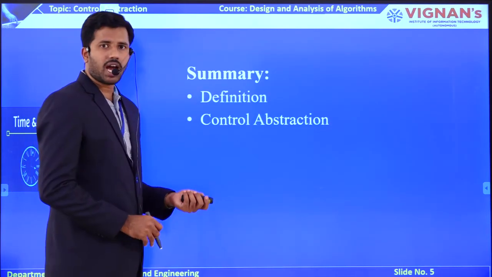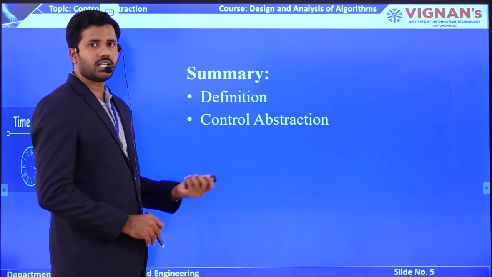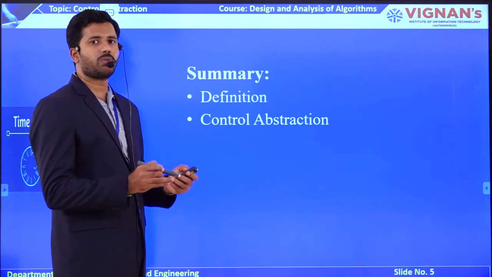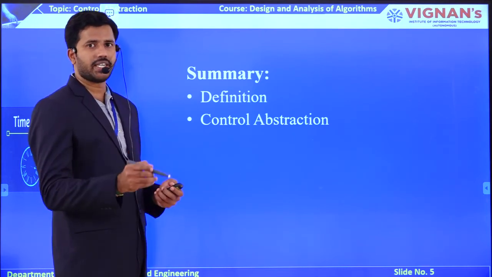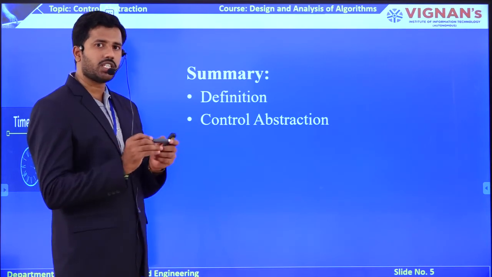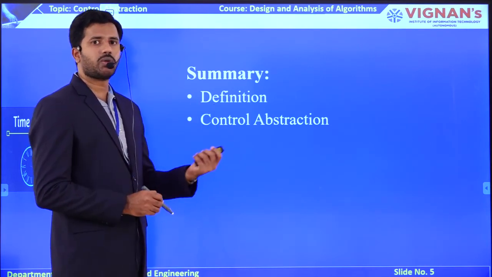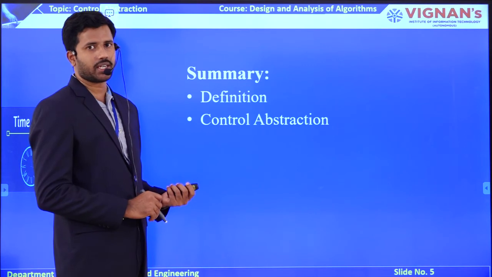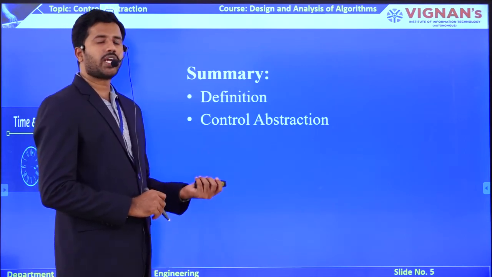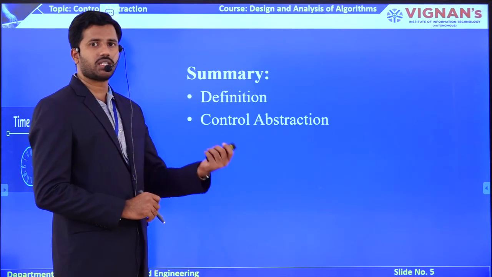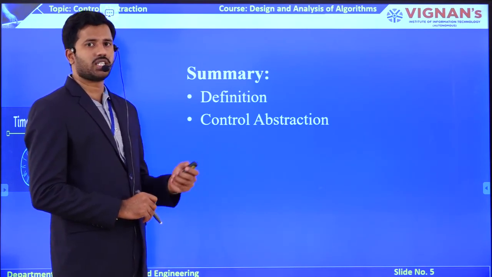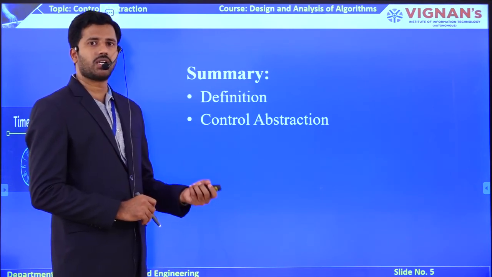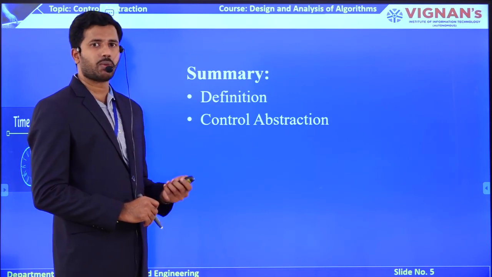So as of now, we have seen the definition of greedy technique, a control abstraction for greedy technique, and also we have discussed the differences between divide and conquer technique as well as greedy technique. If you are aware of the differences between these two techniques, then only you can understand how the greedy method works by comparing with divide and conquer. The divide and conquer technique does not support decision making capability as well as memorization, but the greedy method supports decision capability and it does not have a memorization capability. The features of memorization as well as decision capability start from dynamic programming onwards.